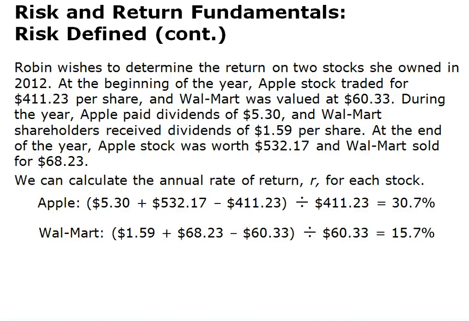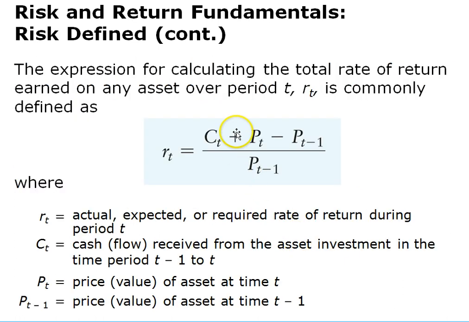Calculate the annual rate of return for R. What we're doing here is the dividend plus the ending price of the stock minus the beginning price of the stock, divided by the beginning price of the stock. So we have a 30% return for Apple and only a 15% return for Walmart. And that is basically taking this formula